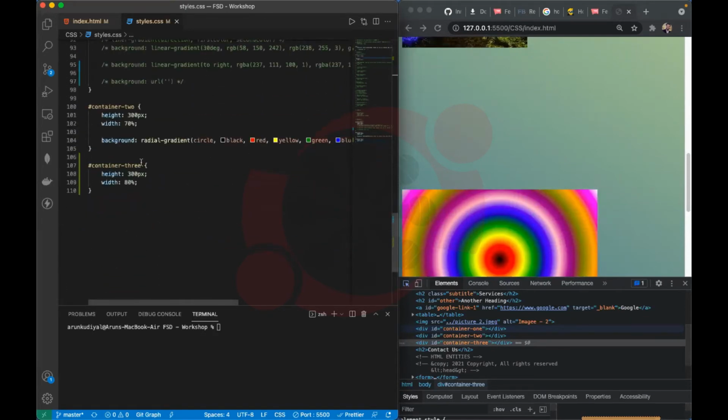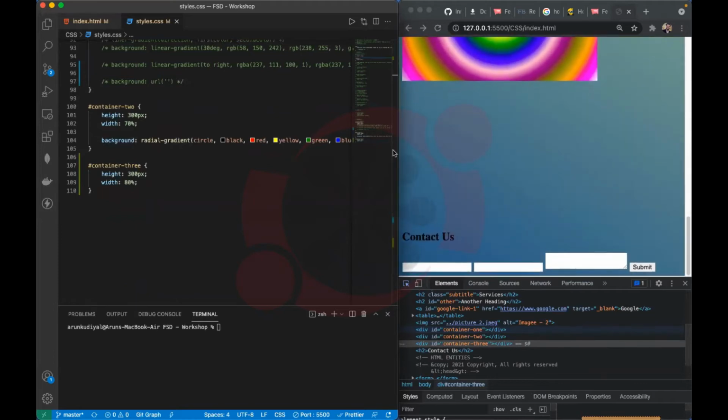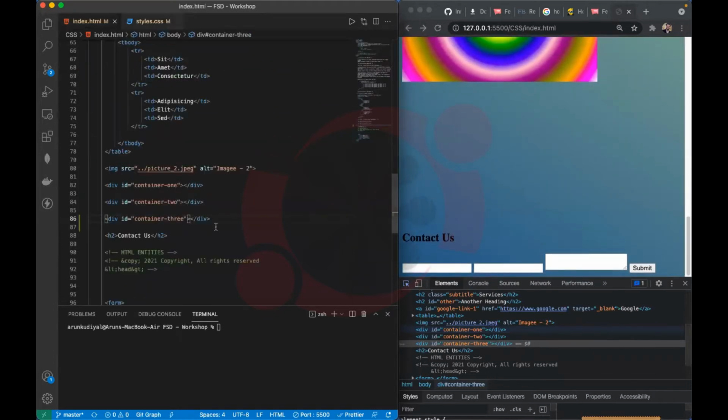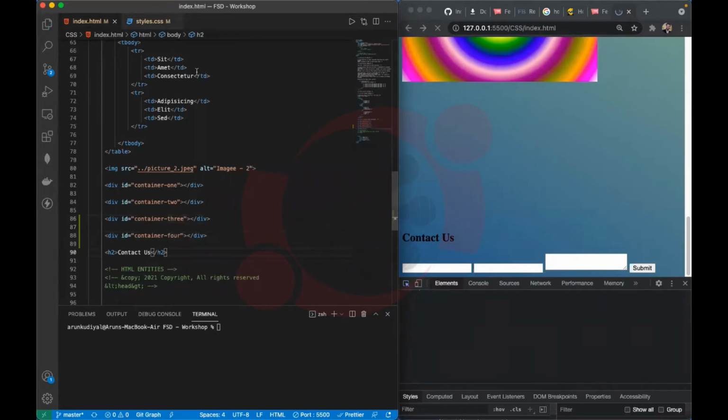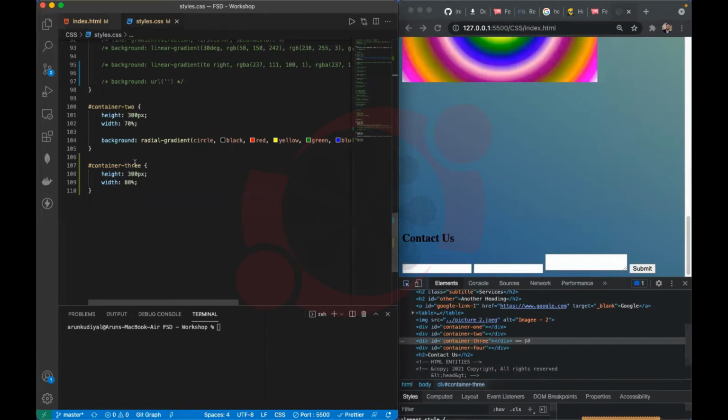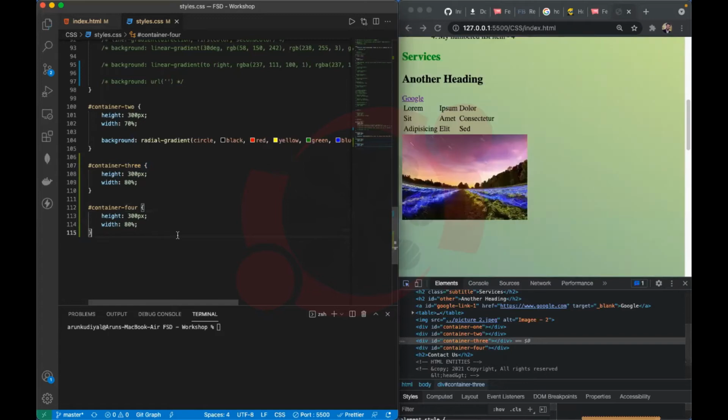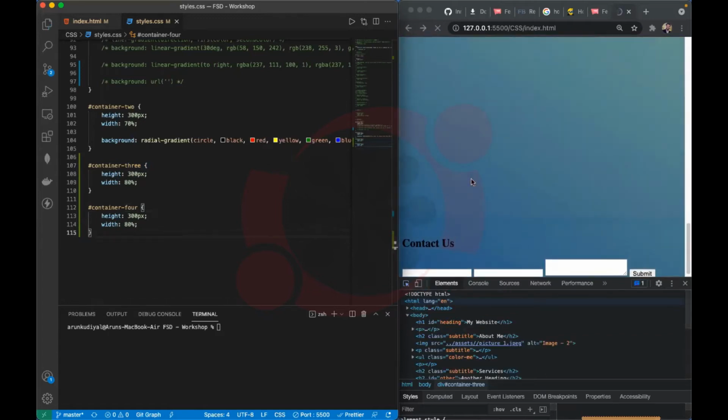Chalo, let's do one thing. Let's take 2 more containers so that you'll see the difference then and there itself. Let's copy this and paste it down, and call it container 4. For container 4 also, let's do the same thing and keep the same height and width. So now we have